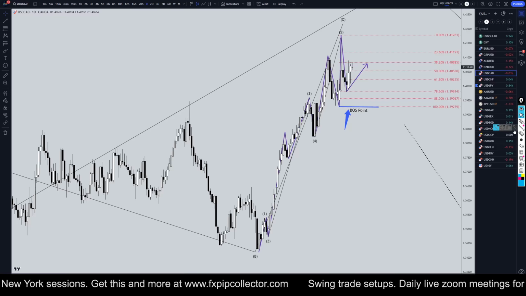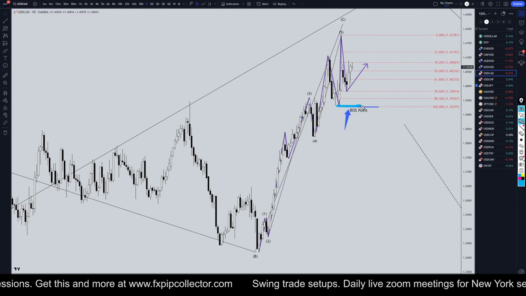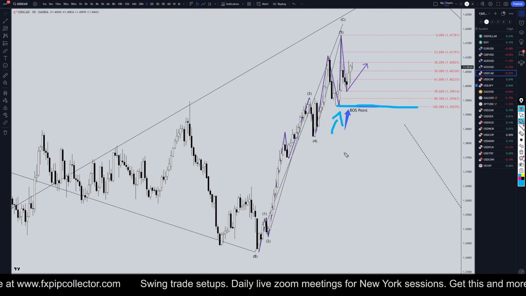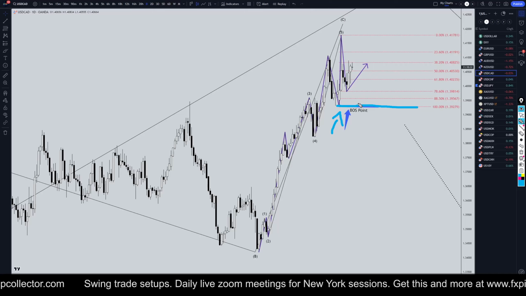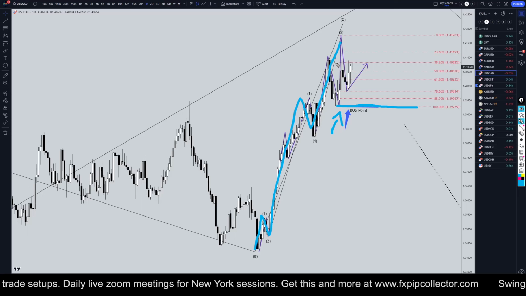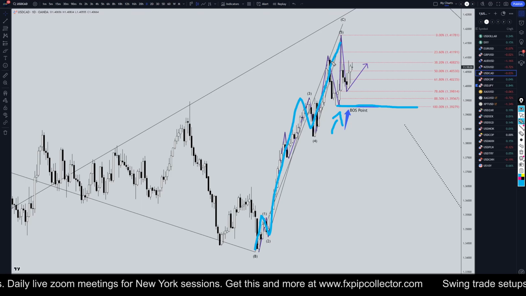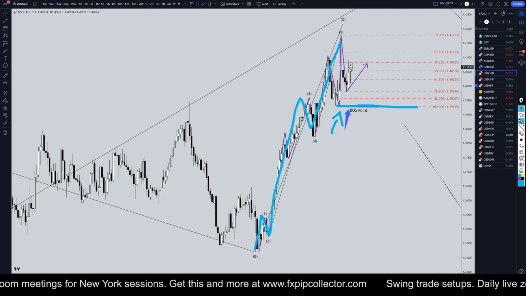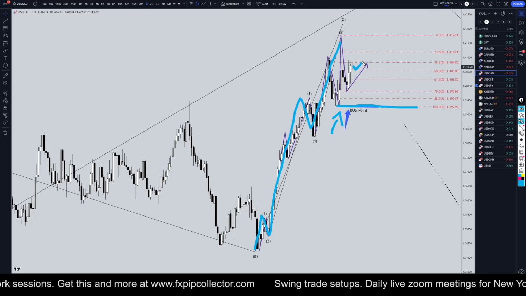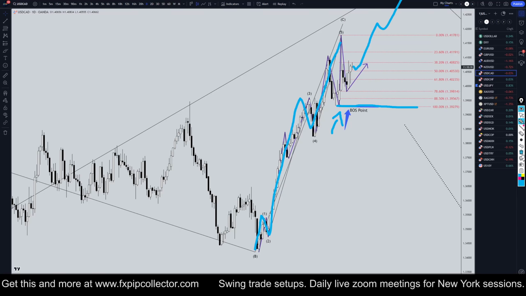Going down to the daily, our last structure level is right here. So if this breaks this structure, that's what will turn me into a longer term seller. As of right now, even though it definitely has a nice 5 waves up right here, a nice 5 wave pattern to the upside, I am definitely still looking for longs. Just because you see 5 waves does not mean a trend is over. This could easily continue the uptrend.